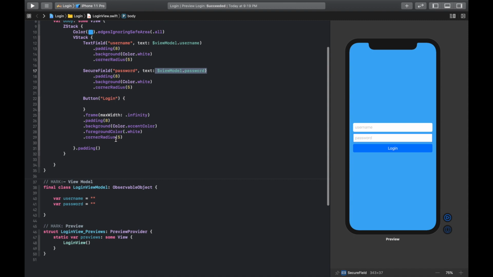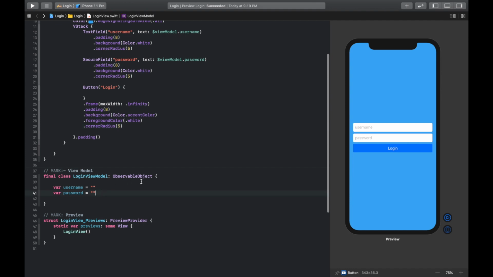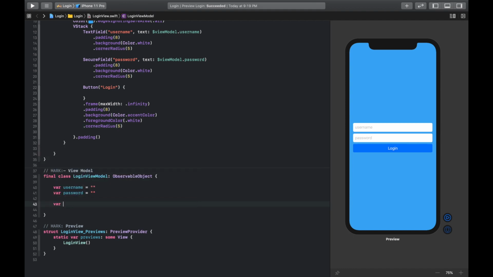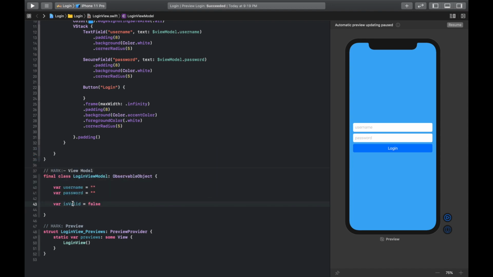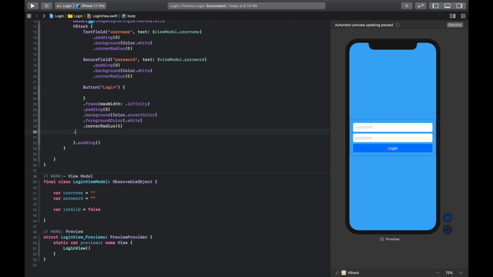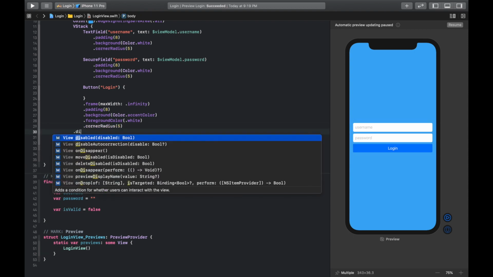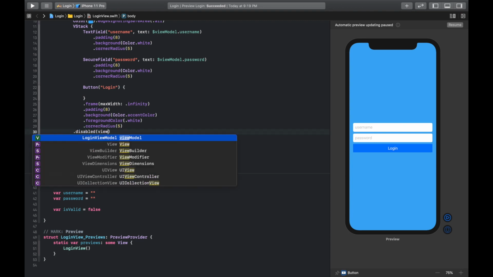So here we will disable this login button until the user enters both username and password. So how are we gonna do that? We will simply create one variable, let's say isValid. We will assign an initial value of false. Now we will use this isValid variable to disable our login button. So we will call this modifier disable and then we will put isValid